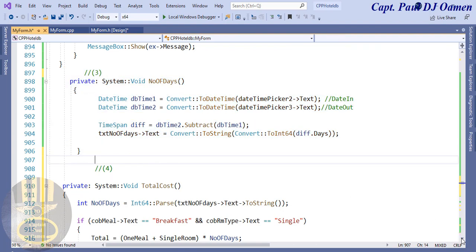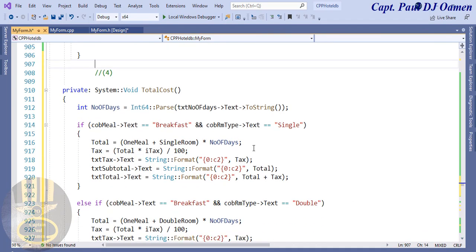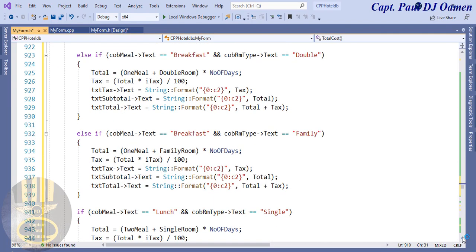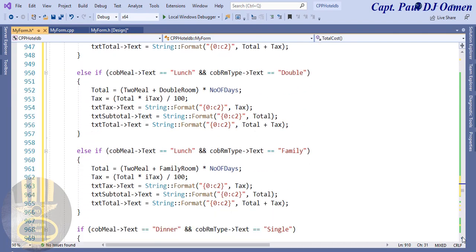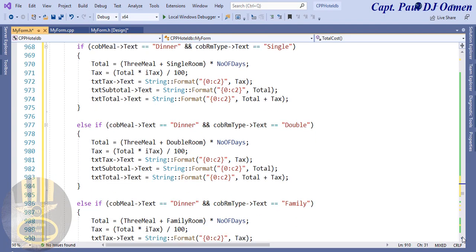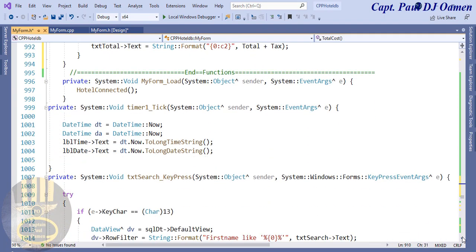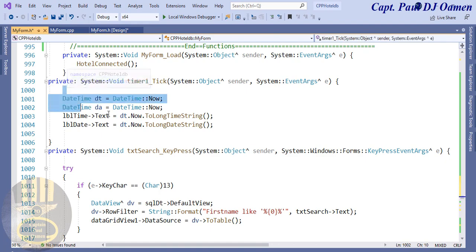And finally, the last function here, that's function for total. Okay, so you guys saw that earlier, so let's go back down now. Now right here we have the function for date and time